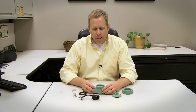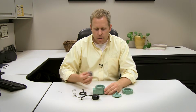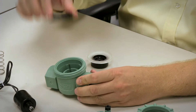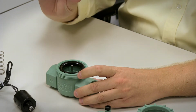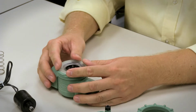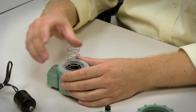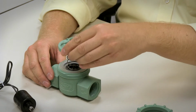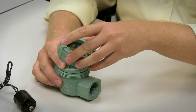After you flush the line out, if you can see visually no debris, no cracks, things like that, go ahead and make sure you put this back in the right order. So a bare valve, put in this black ring. The diaphragm goes next with the black rubber seat down. Okay, and to that part, this is where people forget the spring. So don't forget your spring goes in next, right in the center of the diaphragm. After that, we can put on the lid of the valve and make sure that goes down,